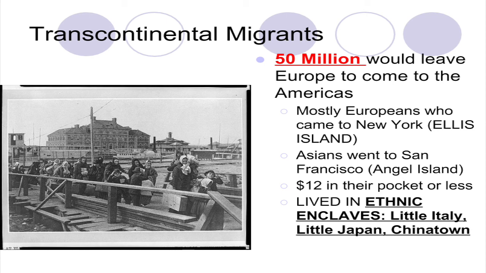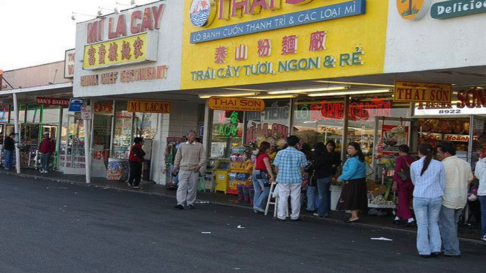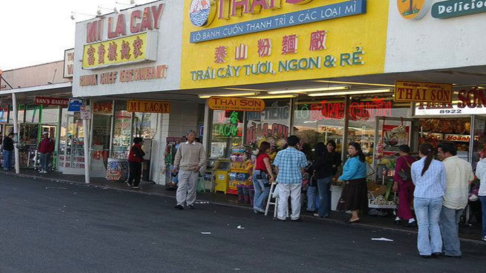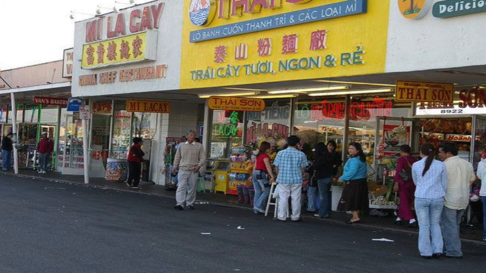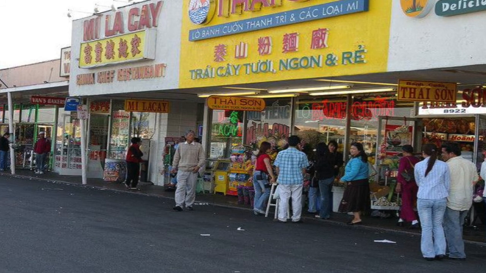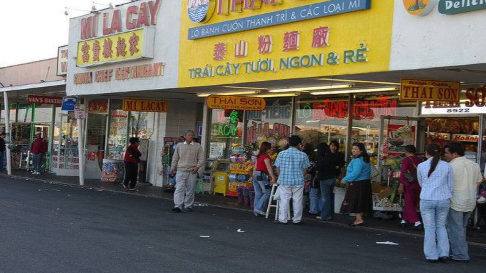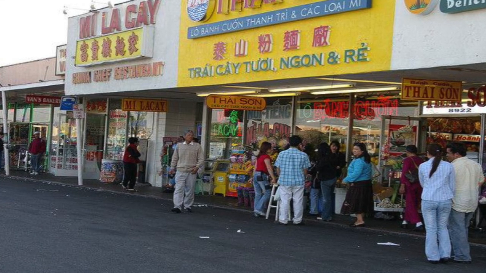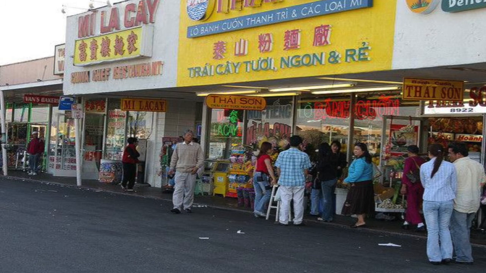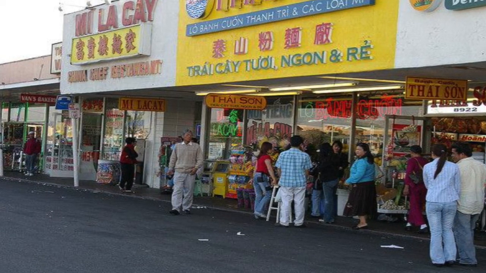I will test you on this. Ethnic enclaves are communities that are created in order for immigrants to live in and feel comfortable. So you can see in this picture right here, this is, again, a Vietnamese ethnic enclave. This could be in the area of Los Angeles. You can see a Thai restaurant to the right, or a Thai sign to the right here. And it also just shows you that this is an Asian community, and you can buy all kinds of different Asian products and things like that.